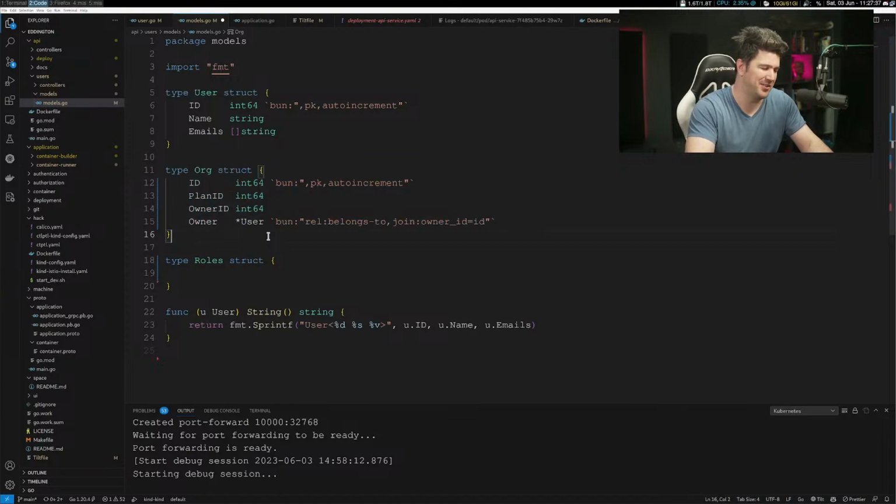Orgs can have lots of different information. That wasn't my worry. My worry was just making a good foundation that we can build on later without forgetting something too painful. So in the roles table here, we're going to need a